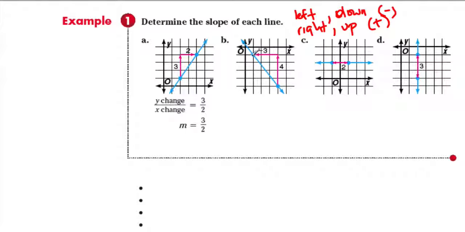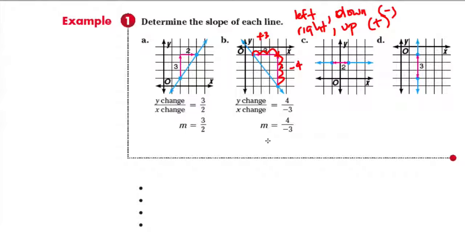From that point, you go 1, 2, 3 jumps to the right, so that becomes a positive 3. And you make 1, 2, 3, 4 jumps down. That becomes a negative 4. So your slope will be 3 over negative 4,